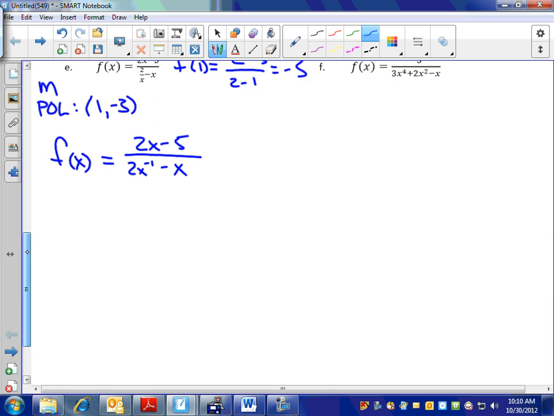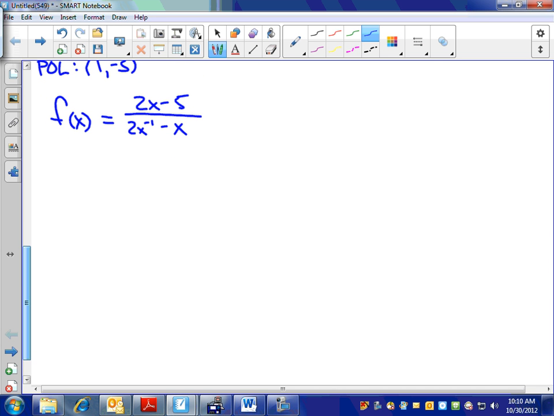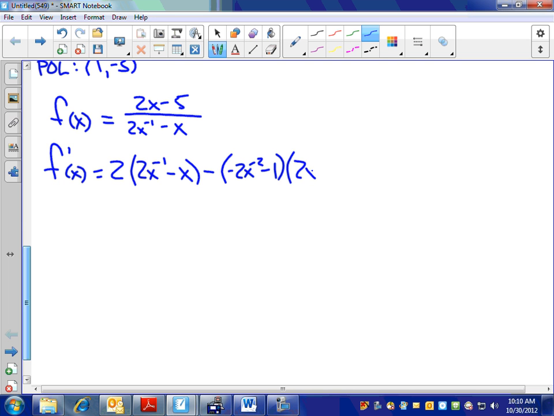What is the quotient rule? Over g squared. Good, you guys got the idea. So I take the derivative of the top, which is 2, times the bottom left alone, which is 2x to the negative 1 minus x, minus the derivative of the bottom, which is negative 2x to the negative 2 minus 1, times 2x minus 5, right? Over